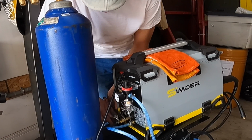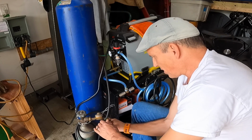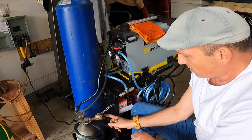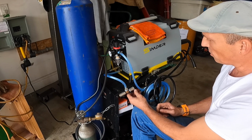And when you tighten down fittings like this, you should always hold the one you don't want moving with another wrench. And I still need to get an adapter fitting here because I don't have the right fitting. It's annoying. Again, doesn't matter because right now we're going to go ahead